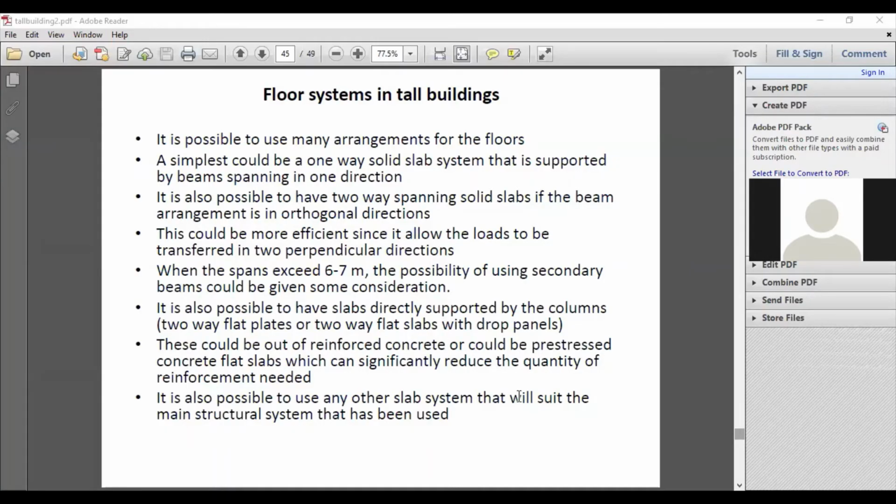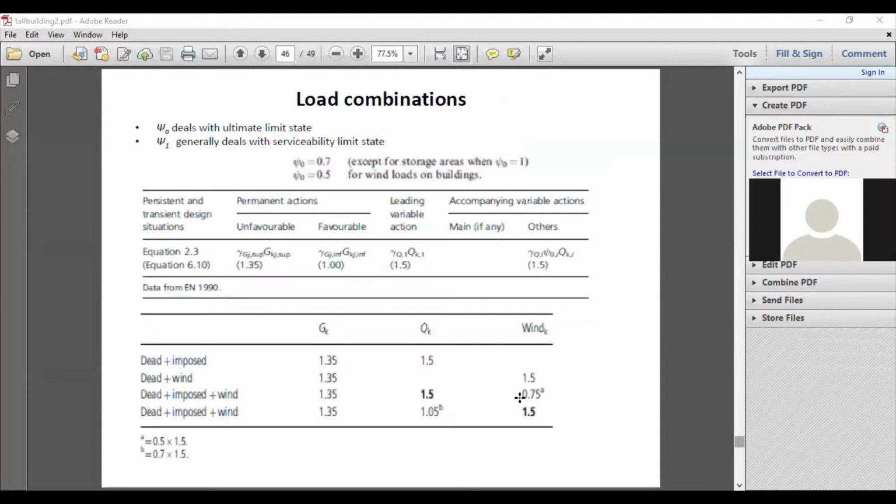So you can have so many different types of systems in a building to act like the slab. And then we will also look at what are the load combinations that we have to consider in the design of these tall buildings. And if you look at the load combinations in Eurocode, for dead loads, to relate it to the ultimate loads,